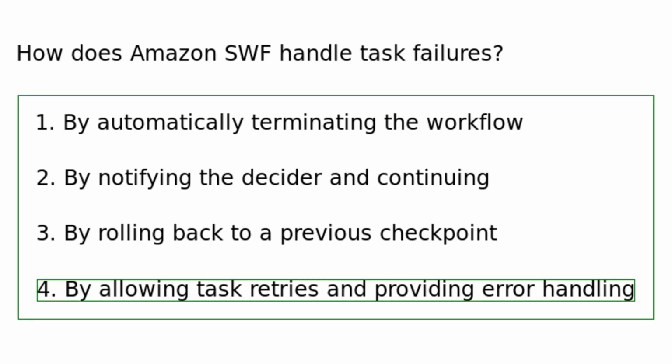Amazon SWF handles task failures by allowing task retries and providing robust error handling. It notifies the decider about the failure, allowing custom logic to decide whether to retry, use a different worker, or